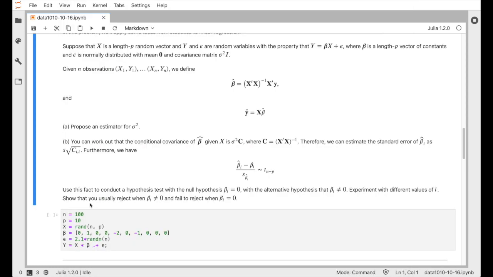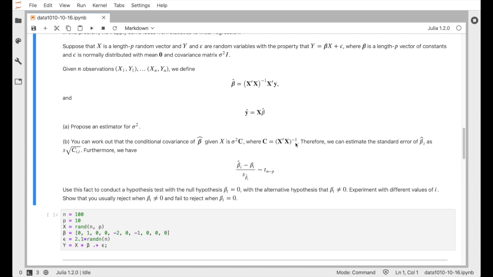And with that in place, we can start talking about hypothesis testing for linear coefficients. So in some situations, you're going to have features which have no predictive value. And you want to be able to test the hypothesis that the coefficient for that feature is 0. So the key probability result that allows us to conduct that test is the following. The conditional covariance of beta hat given x. So we're treating the design matrix here as sort of frozen, and we're accounting for the variation in the vertical direction. The conditional covariance of the estimated coefficients is given by sigma squared times c,